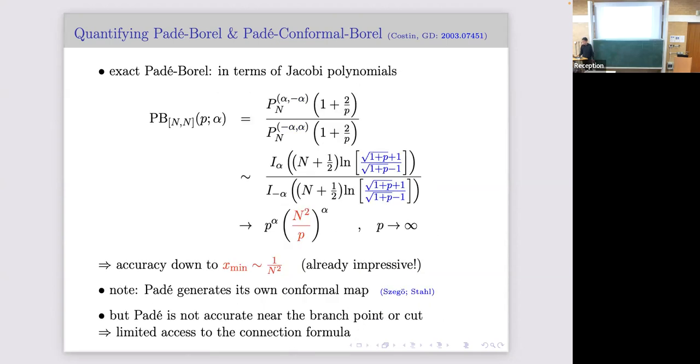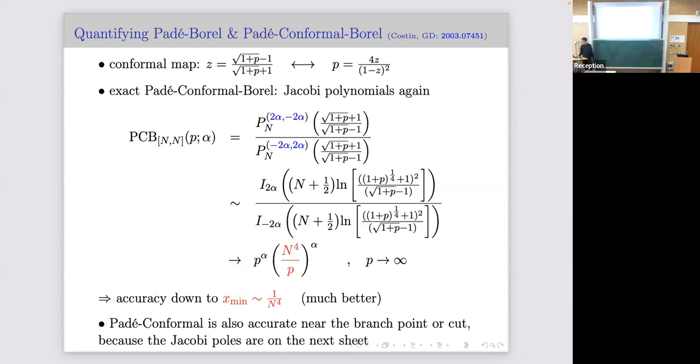All right, so I mentioned that Padé creates its own conformal map, but if you know, or you suspect, that there is in fact a branch cut, say, along here, why not map this cut plane into the unit disk? It's a simple conformal map to do that. And re-expand your function in terms of the new variable, in z.